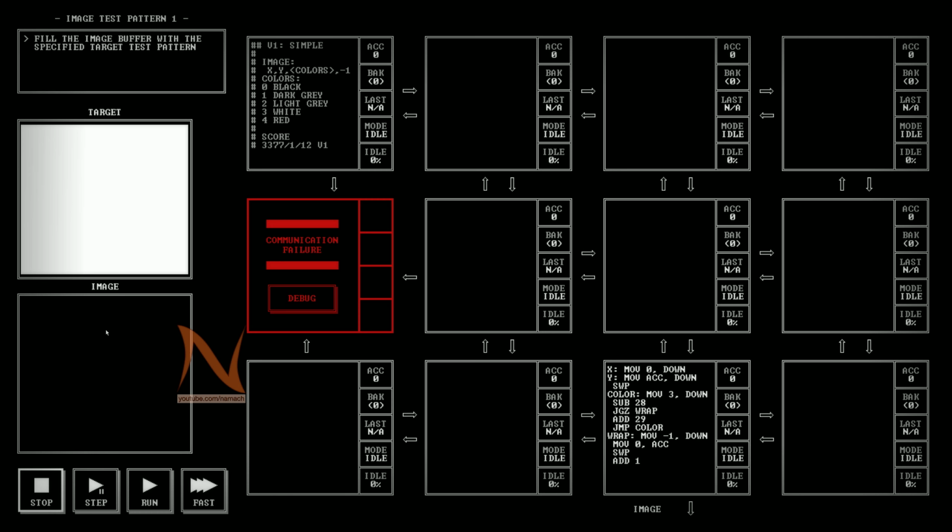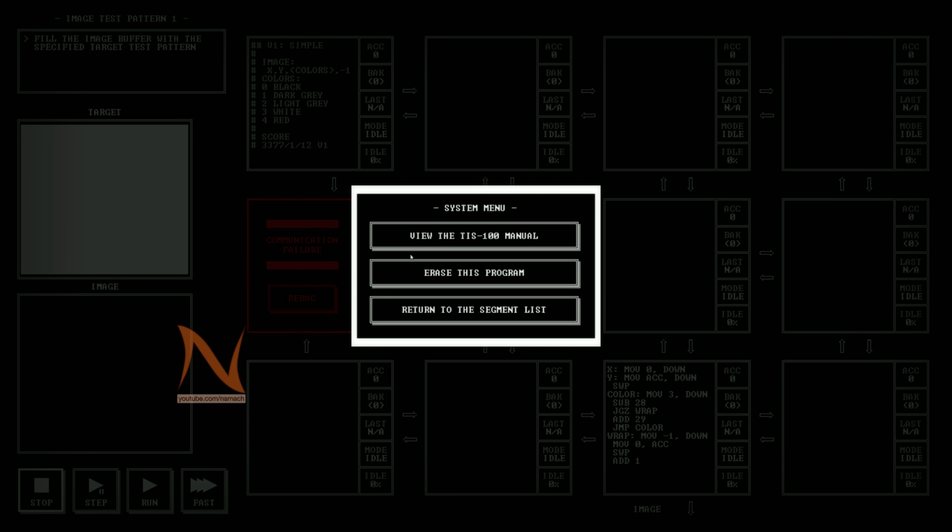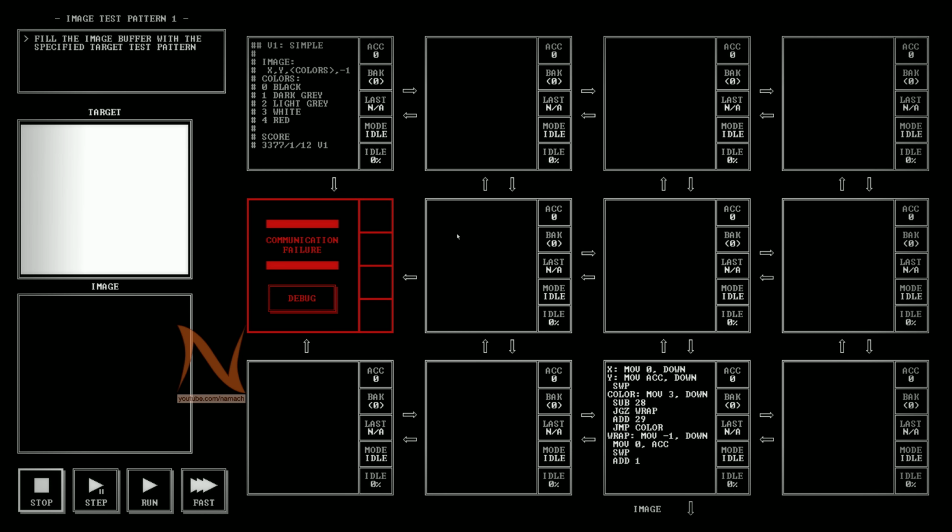And at this point, if you are playing, you probably want to click this button here, hit escape, click this button, and it will open the PDF manual in your locally available PDF reader if you have one installed. Somewhere 3/4 into the book, I think there is a section on how images work, but I'm gonna explain it to you anyway. So in order to paint something on an image, you specify the x coordinate and the